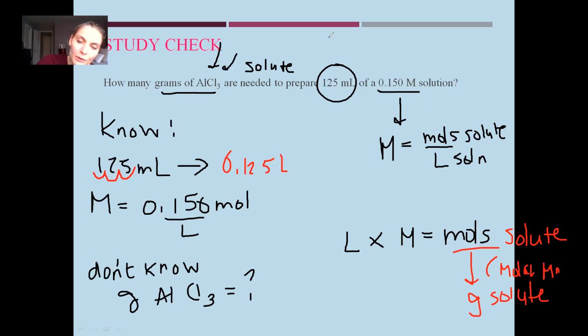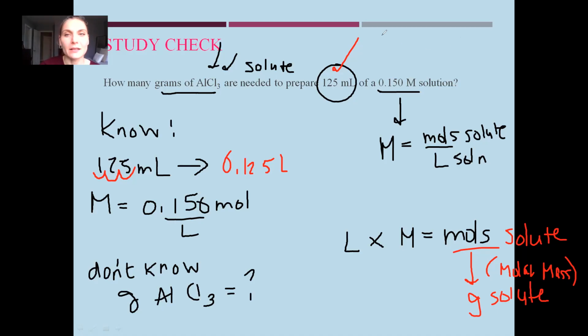So we're going to make a little plan. Always start with what they give us first. So we'll start with this 125 milliliters. Again, we already converted it to liters, and we'll multiply it by this molarity, so that way we can get rid of this number here. That will take us to moles. And then from there, because it asked for grams, we're going to go and get our molar mass, and divide by our molar mass.